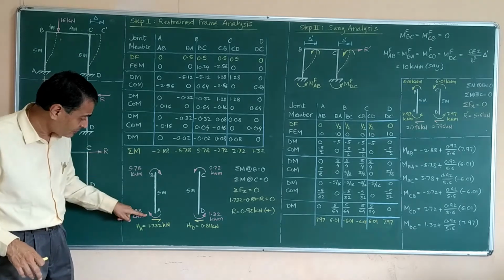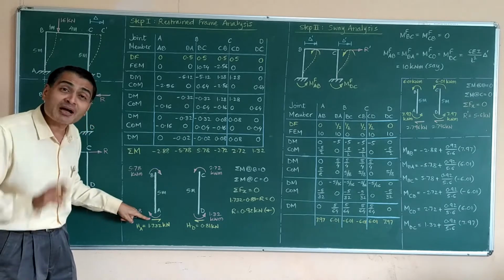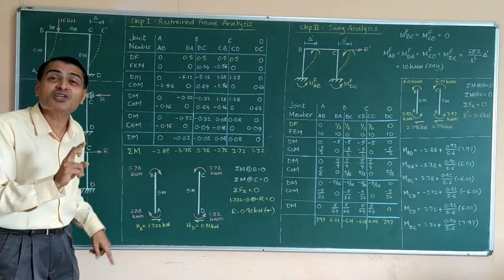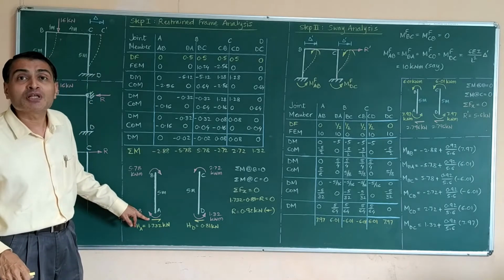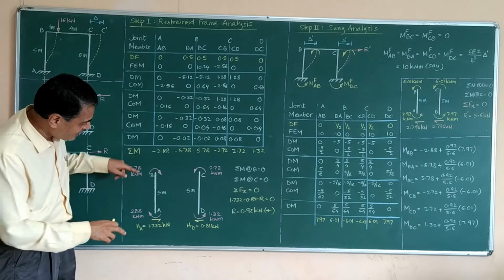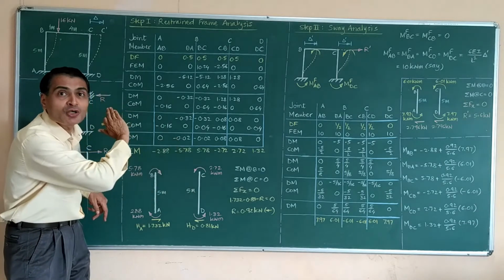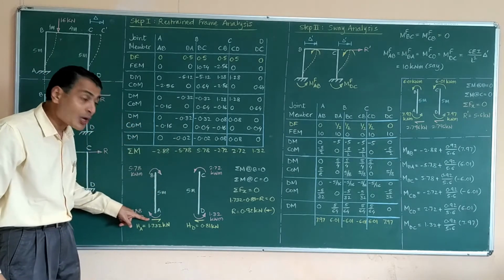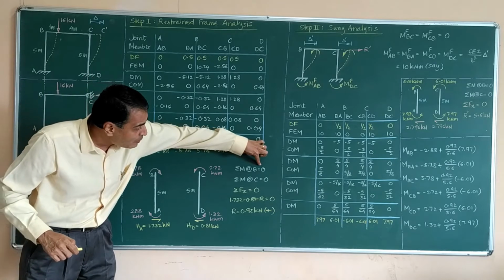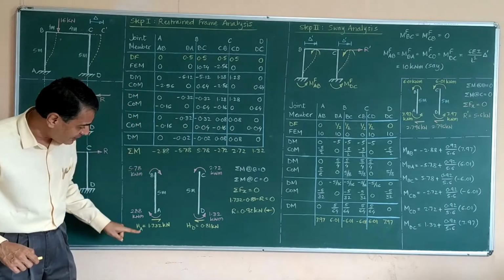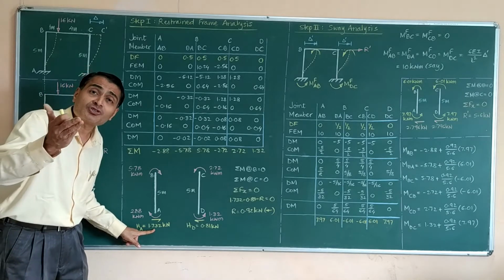M of BA and M of AB are as found using our moment distribution method. And my focus is to find HA, the end shear at the column base, that is at point A. I have shown it presumably rightwards because clearly you are observing that these two moments are clockwise. For balance, I need something creating an anti-clockwise moment. So I am showing this as rightwards. And if I apply sigma M about B equal to 0, I will get the answer HA equal to 1.732 kilonewtons. Please try yourself.